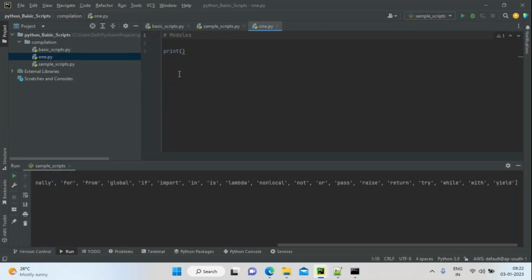Now I'm going to print the module I'm currently running.